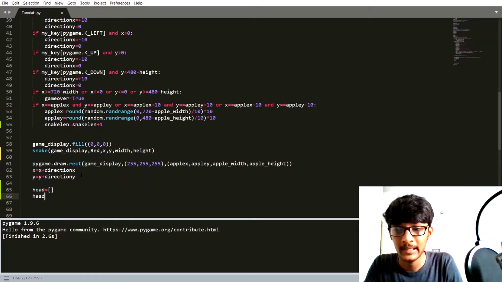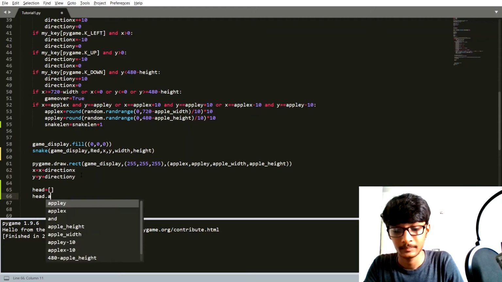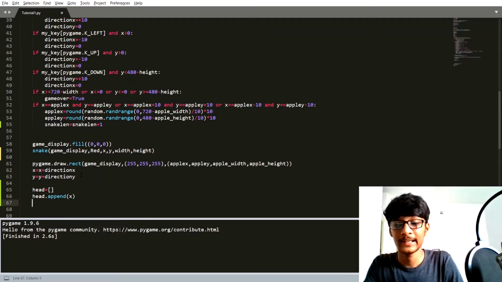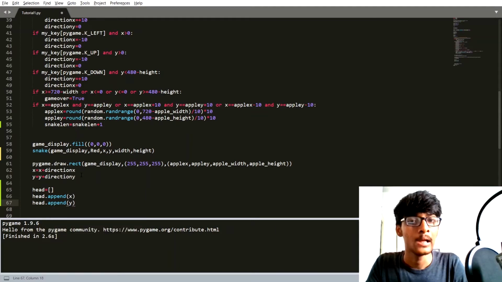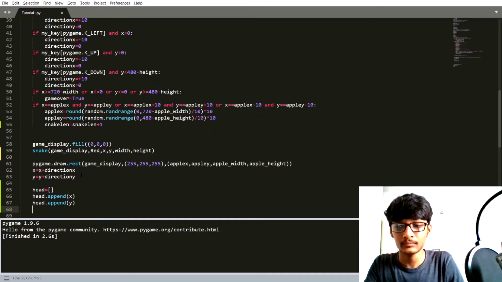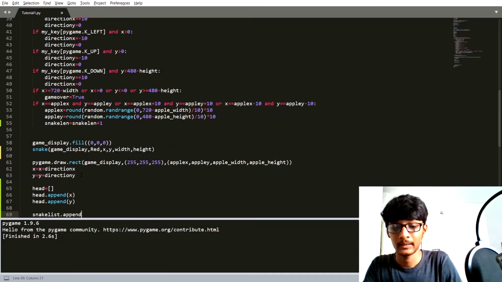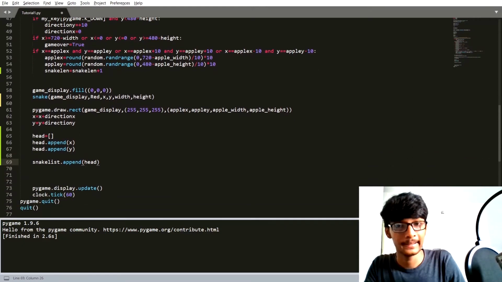So I will simply write head dot append x, that is our x coordinate, and head dot append y, that is our y coordinate. Now I am going to append the entire head list inside our snake list, so snake list dot append head.